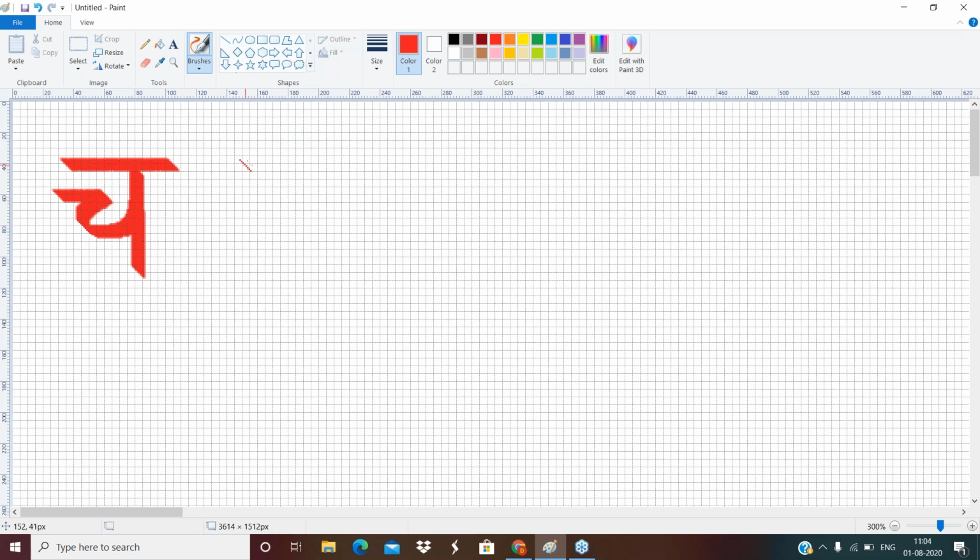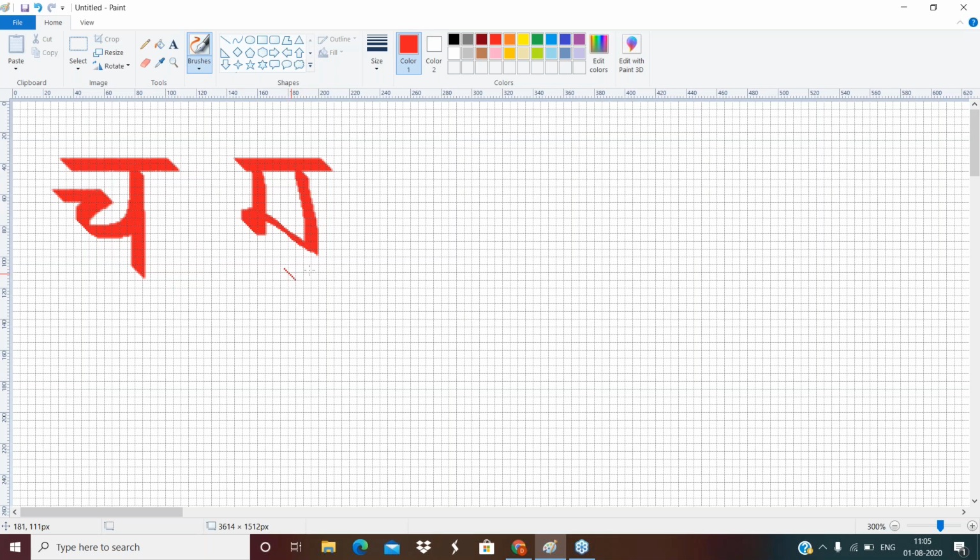In Sharda, if I have to write Ch, first I draw a Shirorekha, and then I take this line here. I make this round a little bit and come slightly down from here. I just lifted the pen, but that was not supposed to be done. I took it for your understanding and bring it up back.